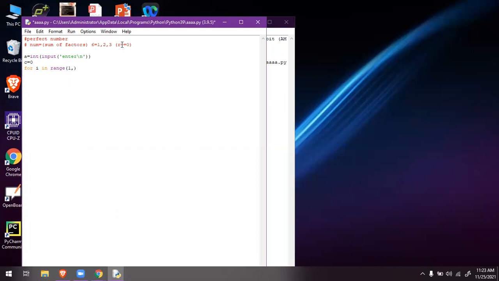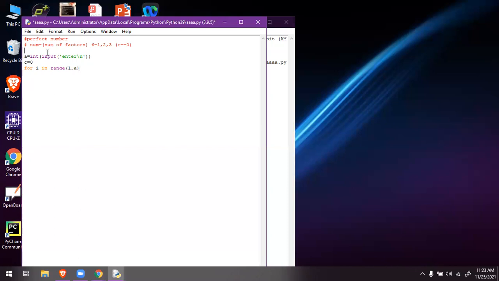From 1 to 5, or 1 to A, because we wrote A now, so that will be assigned here. We are dividing from 1 to 5 only: 1, 2, 3, 4, 5.